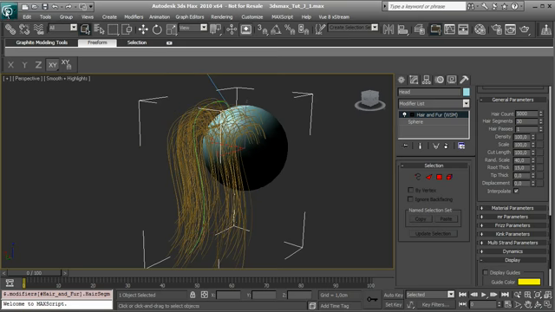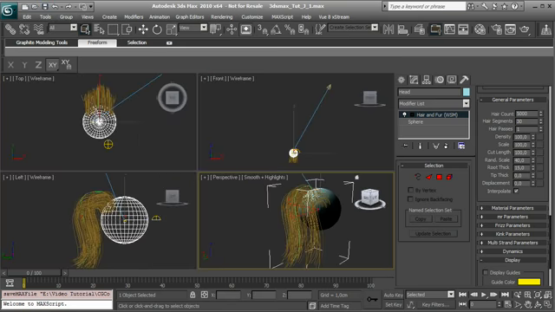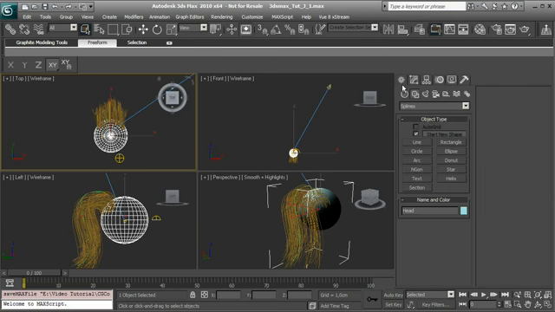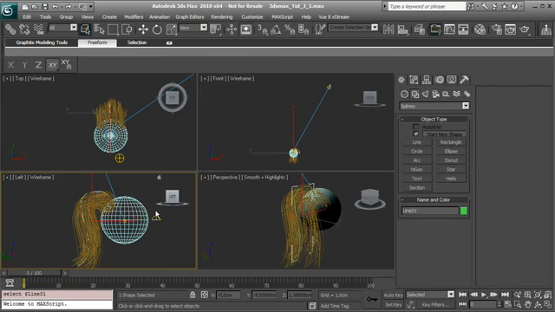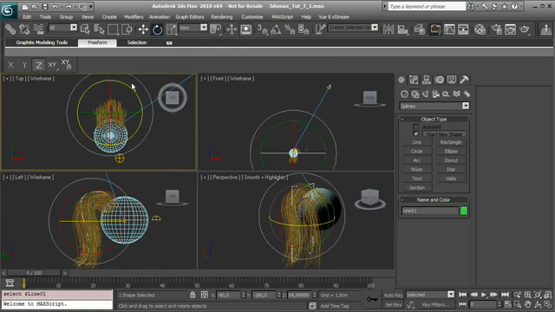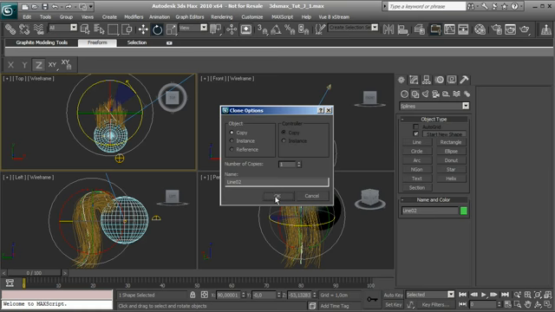So let's save. We can go back inside the viewport, and we can create, for example, starting from the first spline, a copy using the rotate and the shift key. So you see I'm using it to create a copy,